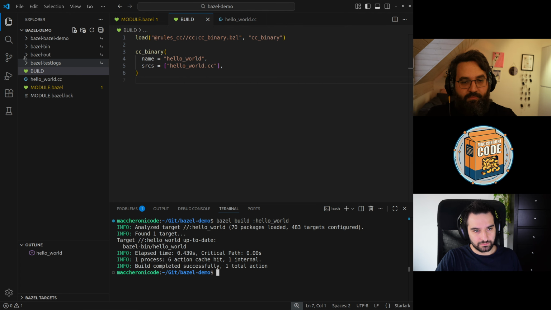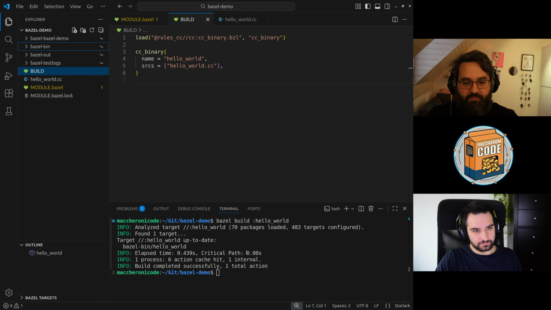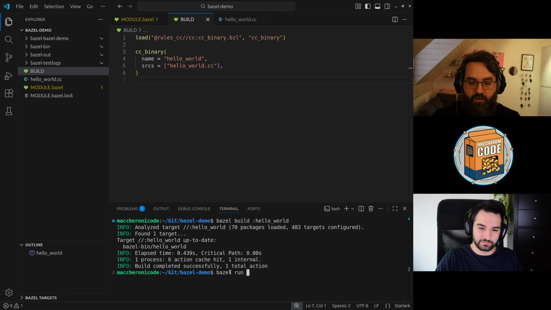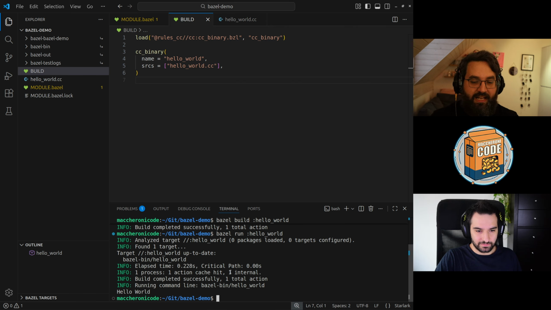These are temporary files, build files, and generally your file is here, with the same name of your target, but in reality you don't care about it unless you're packaging something, because what you actually do is that you go and you call Bazel run. Okay. Yeah, you have noticed that it actually reused the previous build because it understood that the file didn't change, so there was no point in rebuilding. Okay, it works like a charm. It seems to be. Yeah.